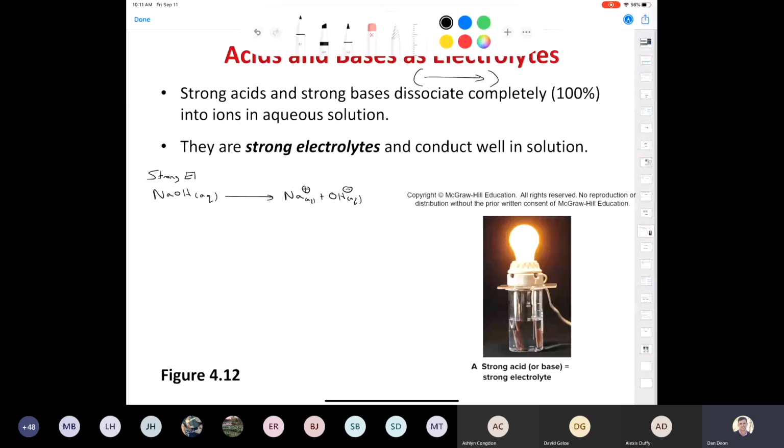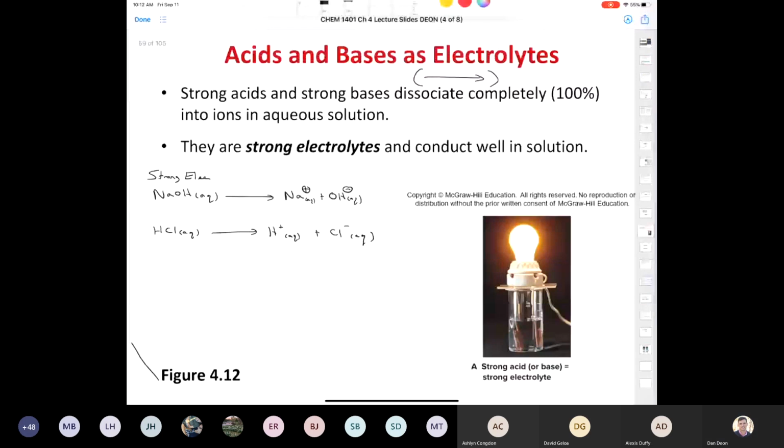The same thing applies to hydrochloric acid. Look, it's a strong acid. It's going to dissociate completely into protons and the chloride ion. Okay, complete dissociation. Again, it's going to be a strong electrolyte. Now, if I have something like a weak base or a weak acid, they're going to be weak electrolytes. Let me give you an example. So let's try